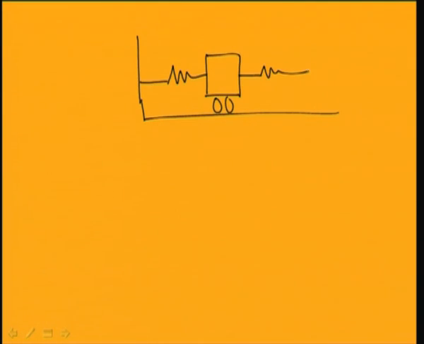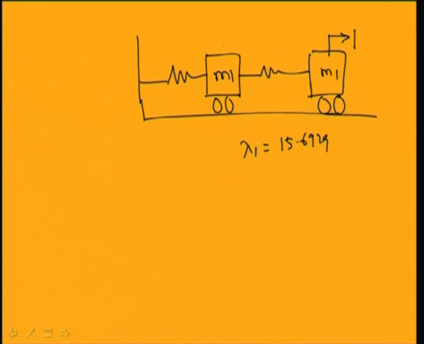Physically, it means, in the spring mass damper system, when the system is moving with the first mode frequency, that is lambda 1 equal to 15.6929, then when mass m2 moves a unit distance, mass m1 will move a distance of 0.3723. So, this is for the first mode, and for the second mode,